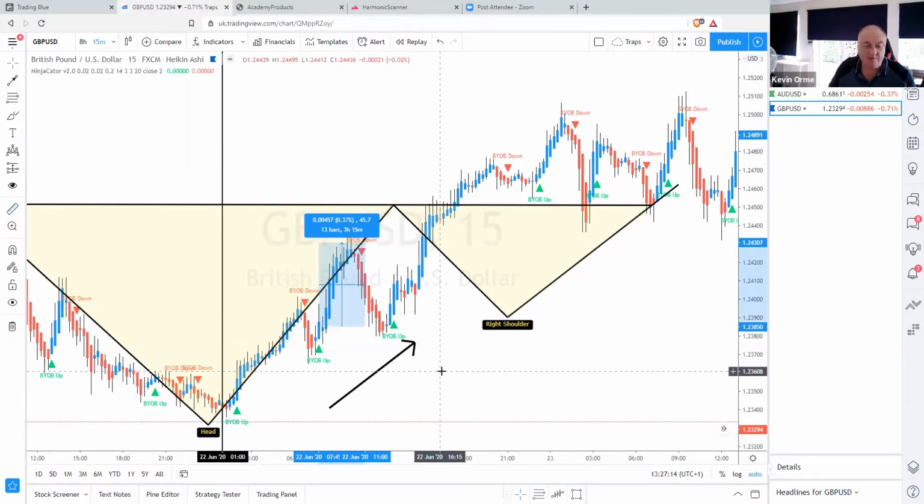So a pip can be worth whatever you want it to be. Depends on your account size. It could be worth $1, £1, 10 pennies, 10 cents, whatever you decide is for you. Now, I'm not making any income claims here, and I can't say that future performance will reflect past results. But what I can say is that